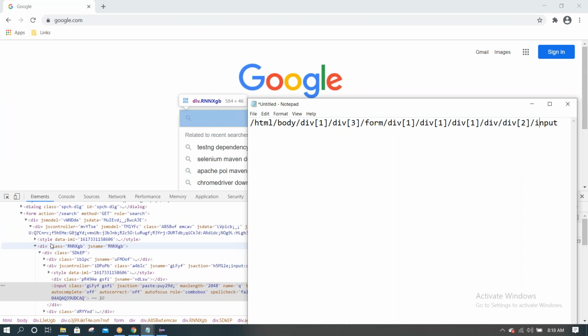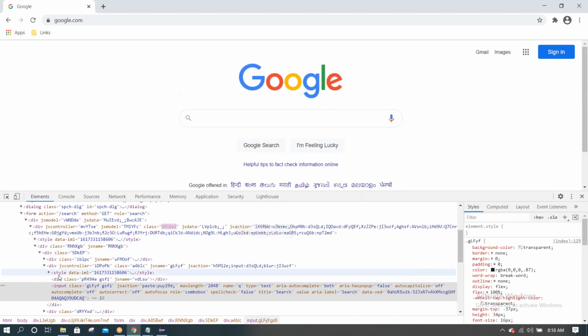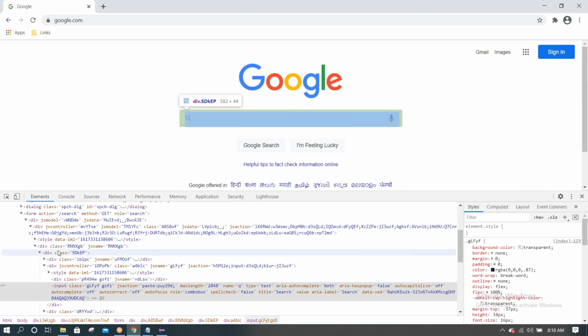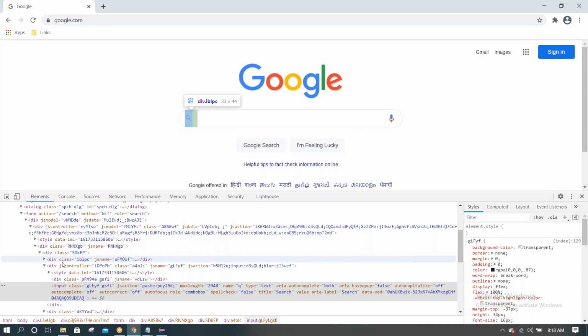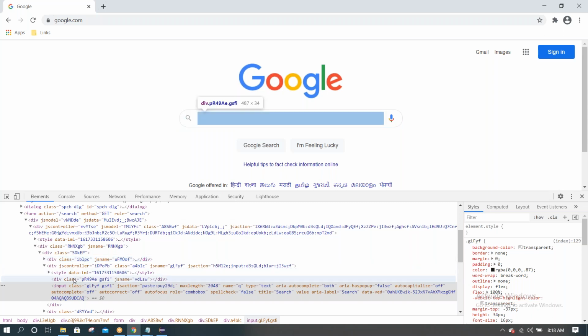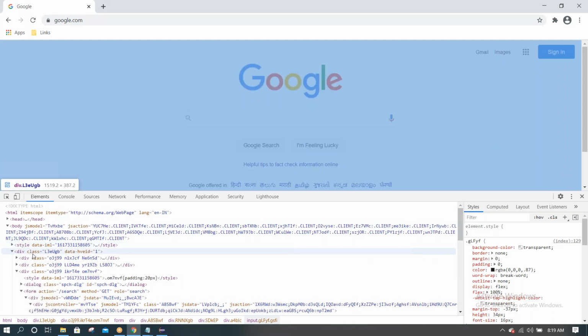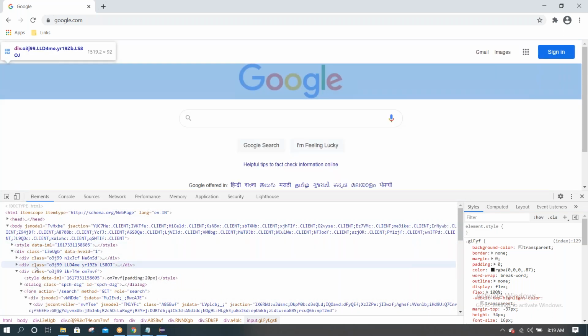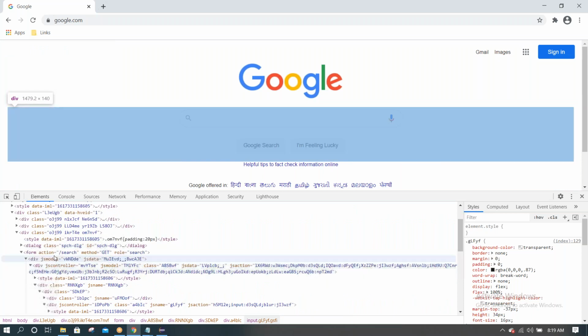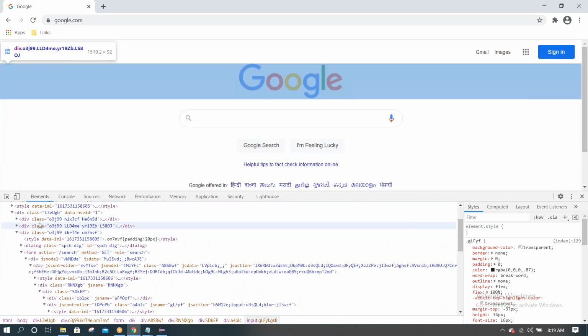You can see this is highlighting the total search bar, only the search icon, and the search box in that input text box. So like this, the HTML code is written to design the application. Let's say now this is Google, right?